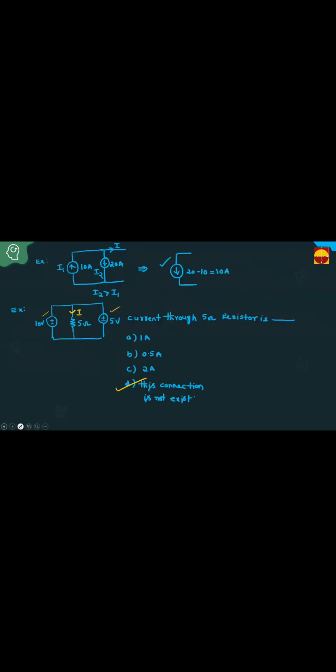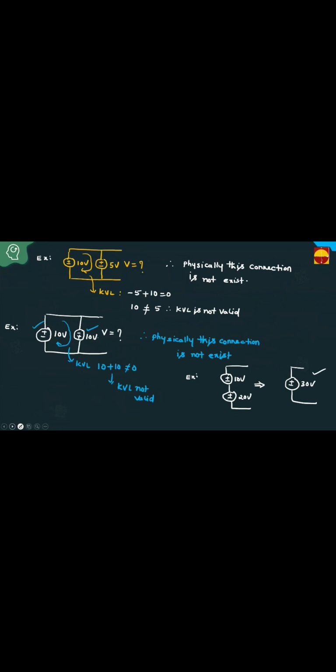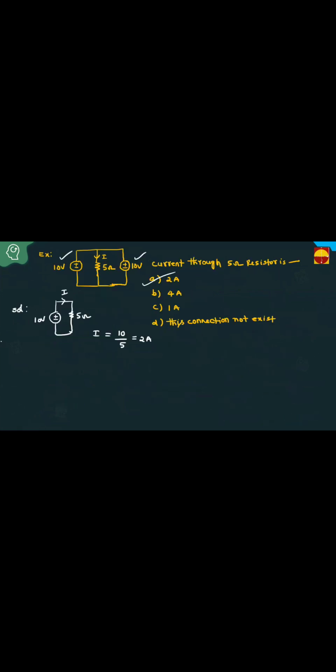Note now: V1 equal to V2. Two voltages are equal, so V1 equals V2 equals V. You replace them with a single voltage source. If V1 equals V2, then you have to replace them with a single voltage source. Then the current through the 5 ohm resistor equals